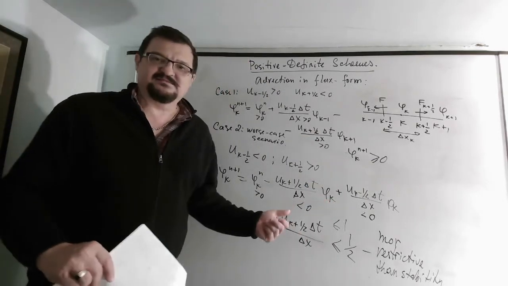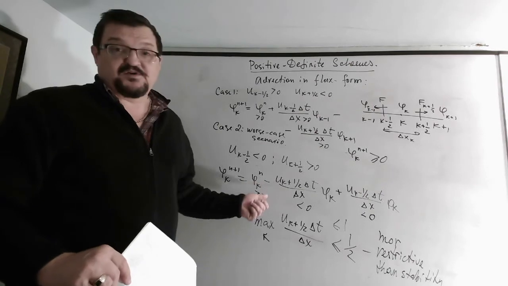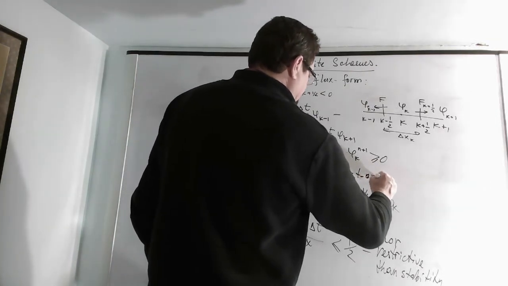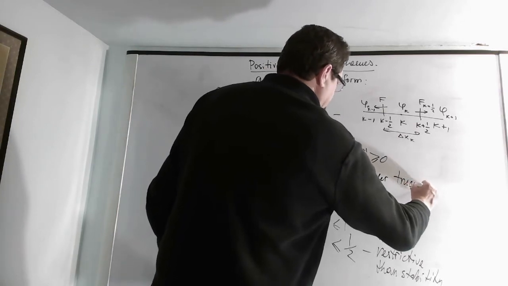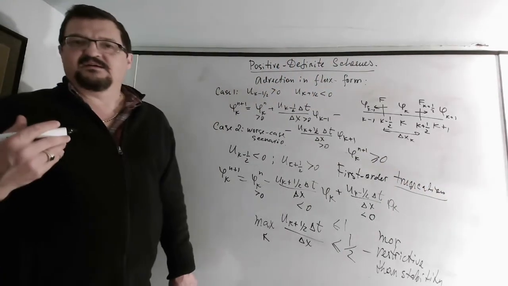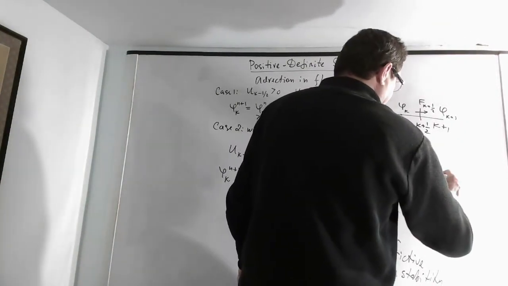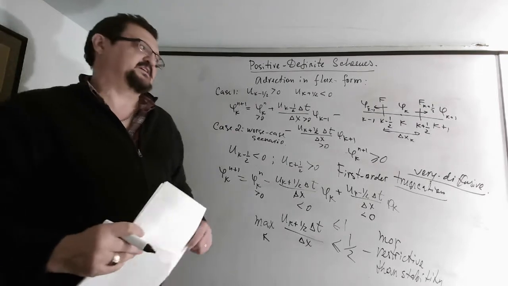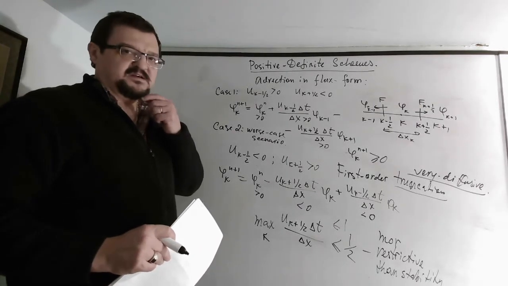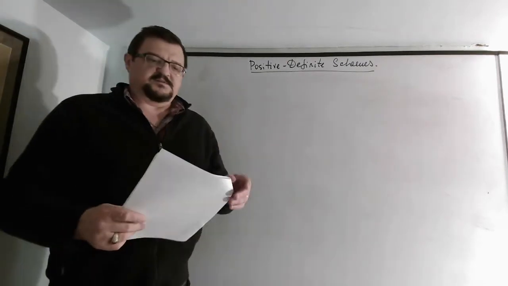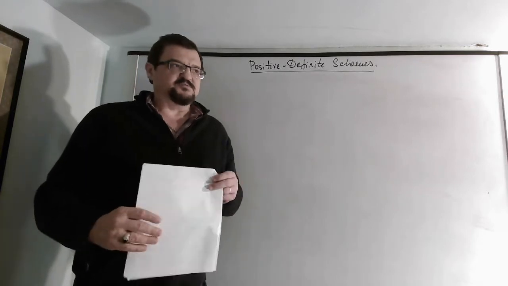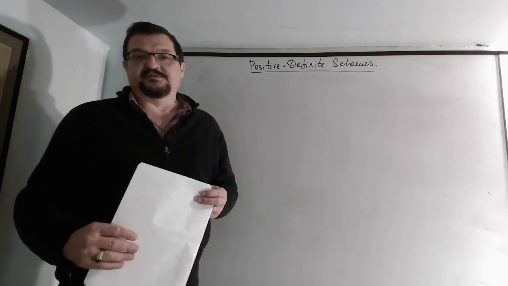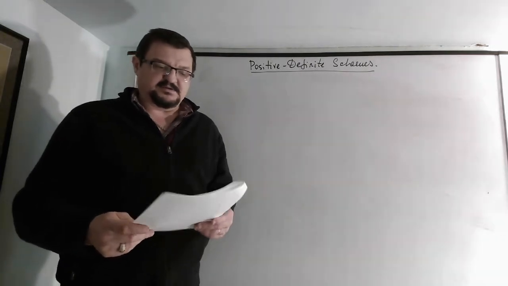But the main thing which is not nice is that it's a first order scheme, with first order truncation. So it will be diffusive, a very diffusive scheme. And that's sometimes not a very desirable quality of the scheme. So can we fix that donor cell scheme to be higher order accurate, higher than first order, but at the same time still be positive definite? Actually, yes, there is a very simple approach